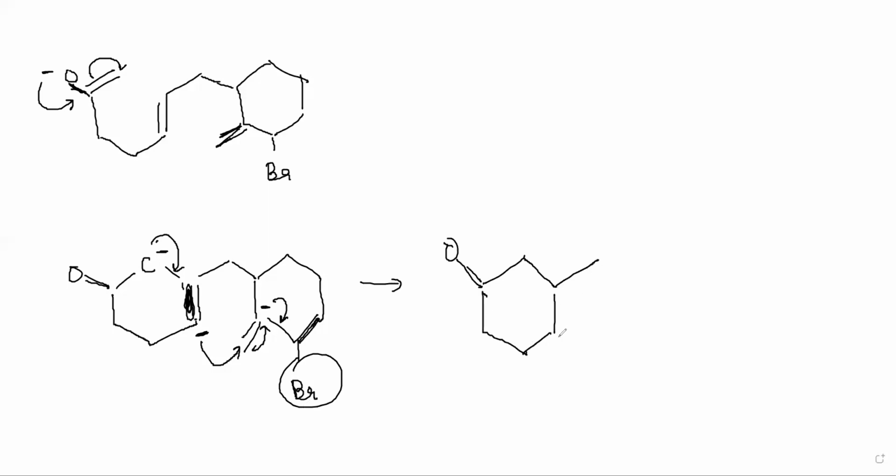Great. And this forms a bond here. So there's a single bond now, right? Yes, correct. So this carbon is now negative, and that forms a double bond here. And this is coming out, Br minus. So let's look at the final structure, whether it is matching. Yeah, the final structure is definitely matching.